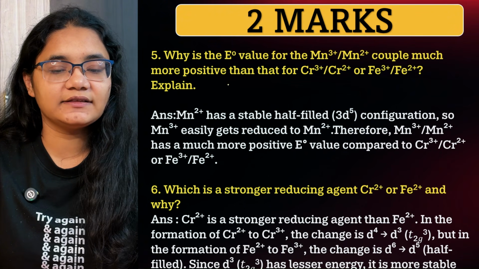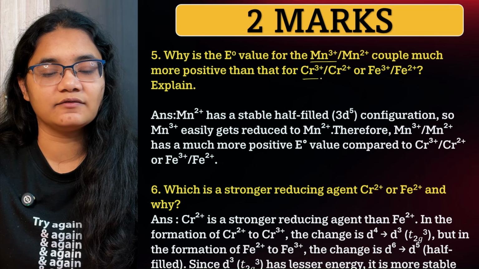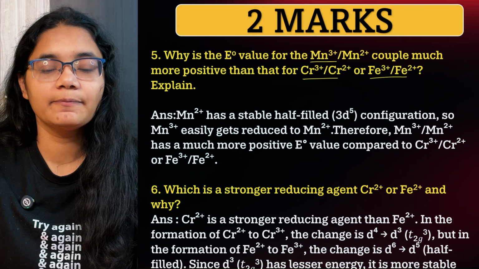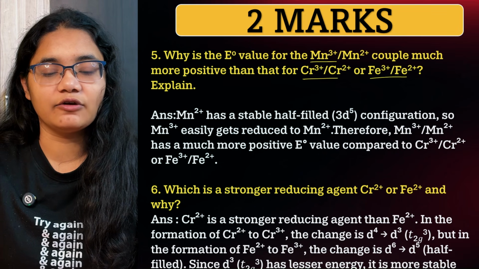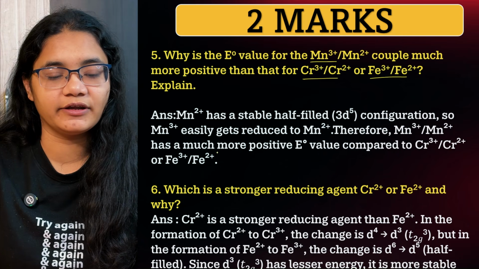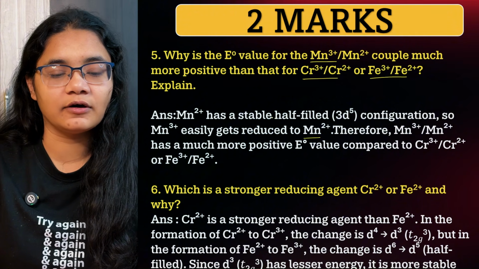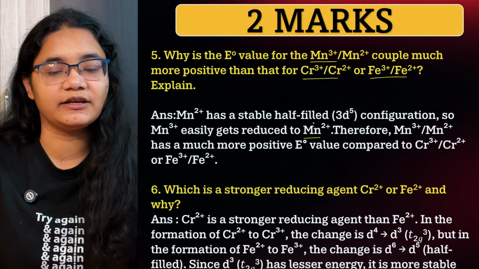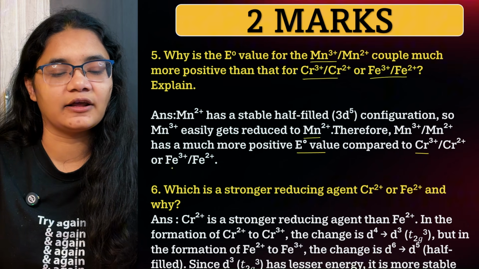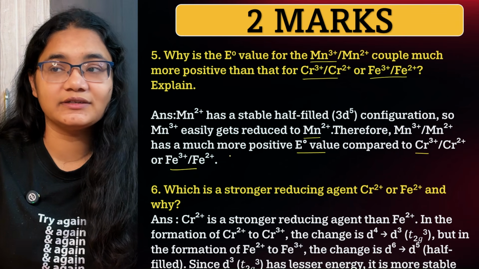Okay. Next, the E naught value of the Mn3+ to Mn2+ couple is much more positive than that of Cr3+ to Cr2+ or Fe3+ to Fe2+. Explain. Here you can see the E naught value of +3 to +2. Mn2+ has a stable d5 configuration, so Mn3+ easily gets reduced to Mn2+. Therefore, because it has a stable configuration, this reduction is very easy, and that is why it has a more positive value than Cr and Fe,